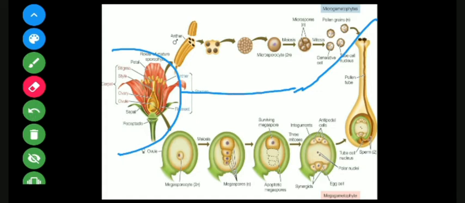Now the next part is the female reproductive part called as gynoecium. The individual member is called as pistil or carpel that consists of stigma part. This one is a style and this is the ovary. Now let us see further. The ovary, you can see here the bulbous portion or the basal portion that is having the green part called as ovule.